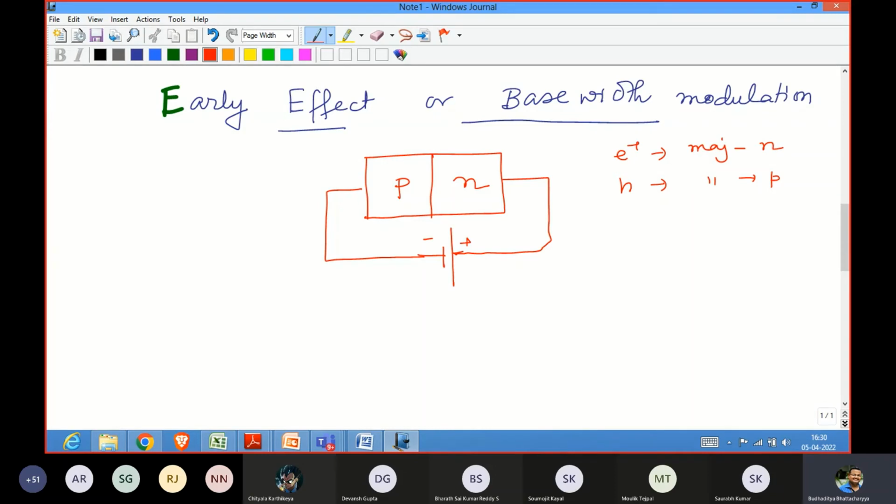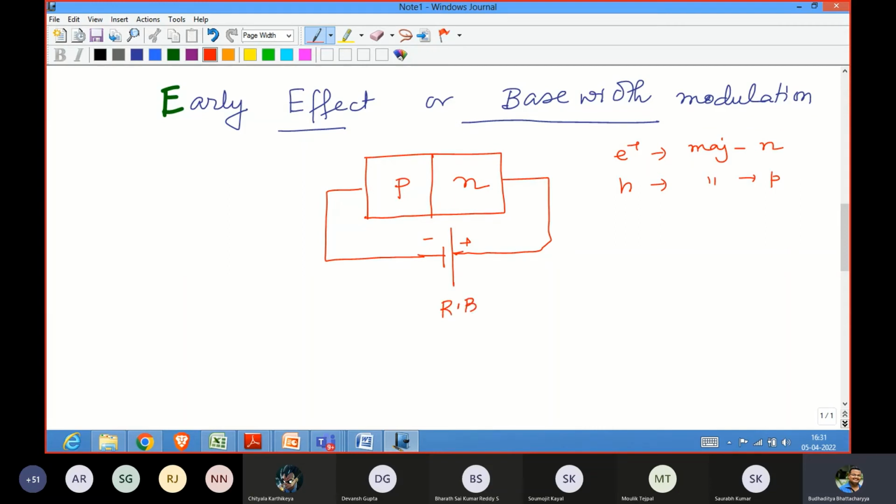We are discussing the early effect or base width modulation. This is a new term associated with the transistor. I'm trying to explain it from the point of view of a diode, then I'll come back to the transistor. So what I'm discussing here is a PN junction diode, and if I want to make it reverse